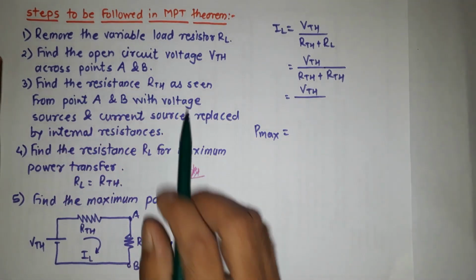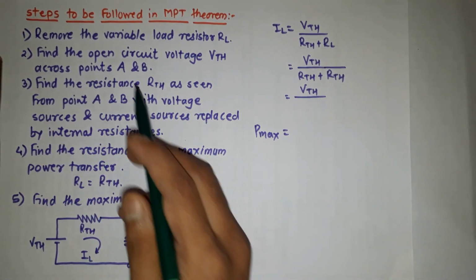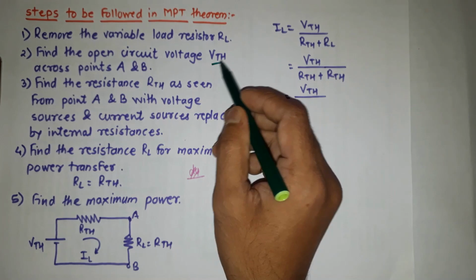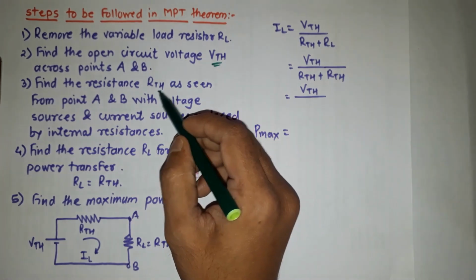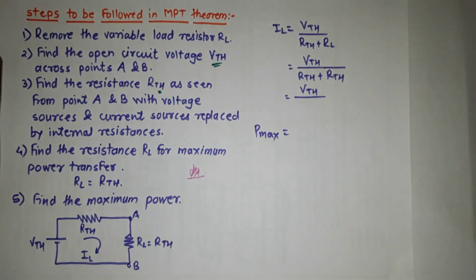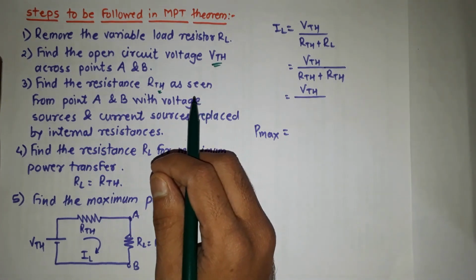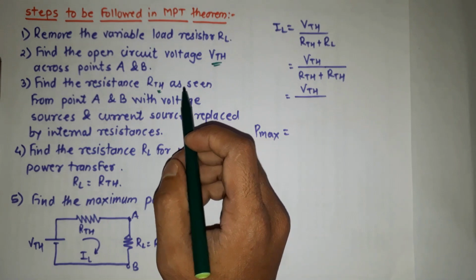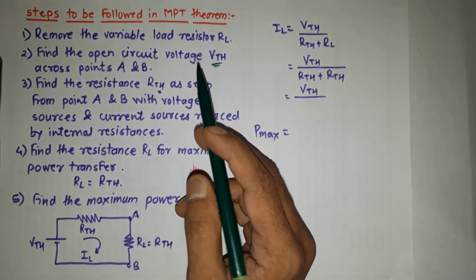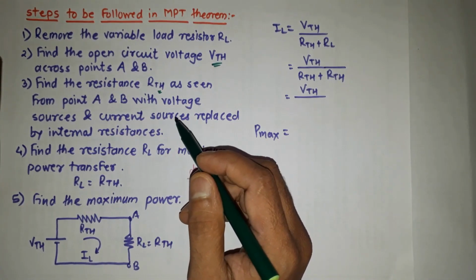Remove the variable load resistance RL. We are removing the load resistance, and between these two terminals we are finding the VTH. Afterwards we have to find the RTH. How are we finding the RTH? Just by replacing all voltage sources and current sources by their internal resistances. If you are considering the voltage source, just short circuit it, and for a current source, open circuit it,